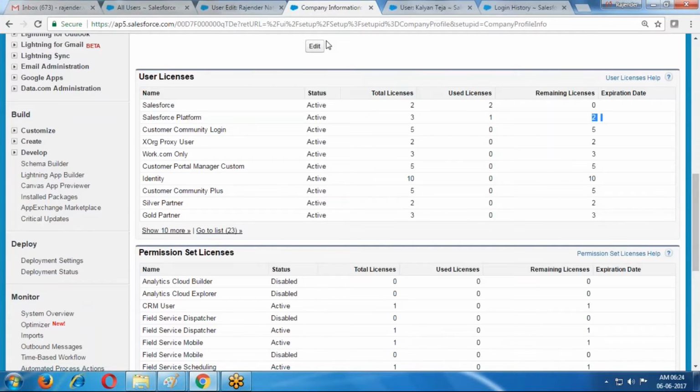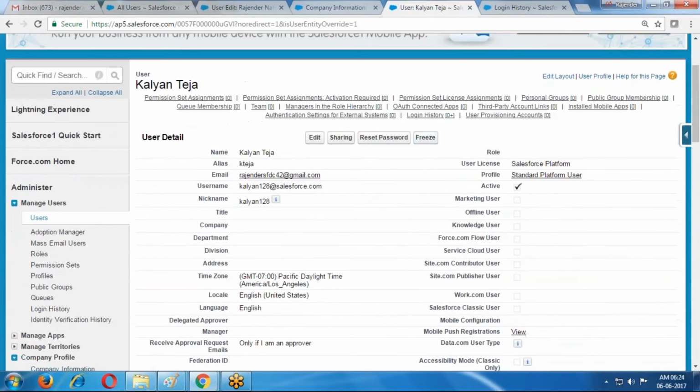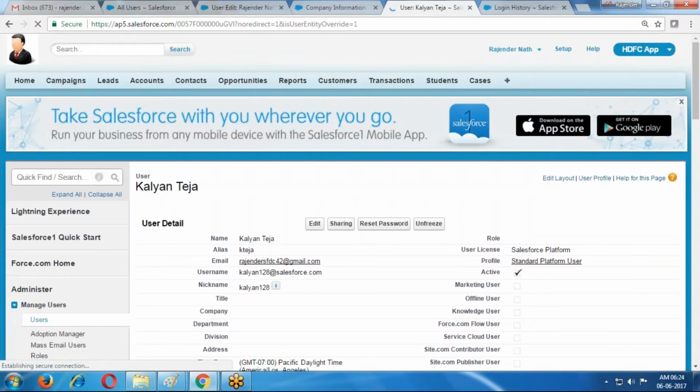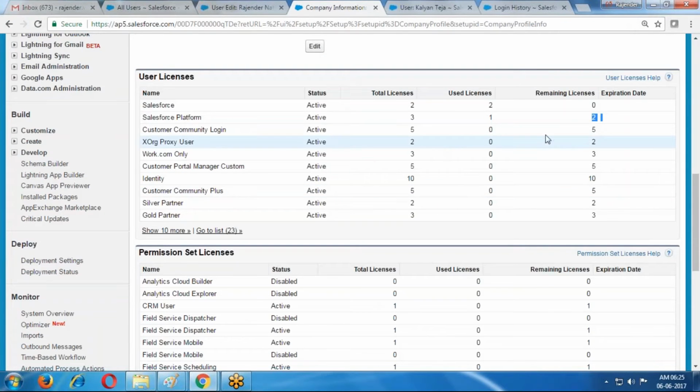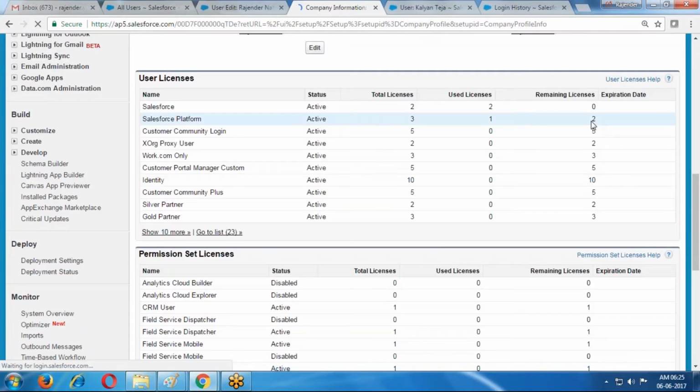Now here for Kalyan Teja, if I use the freeze option, whenever I use the freeze option, still the license is being used.